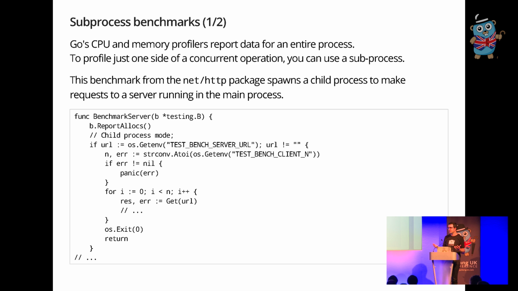So if you have a benchmark that has 2 sides to it, so you want to test a server, you want to do profiling on a server, you need some kind of client to access that server. And so you can use the same technique to spawn a subprocess that is a client hitting that server, and then you do the profiling only on the server part of that whole operation. So here's a real example from the HTTP package,